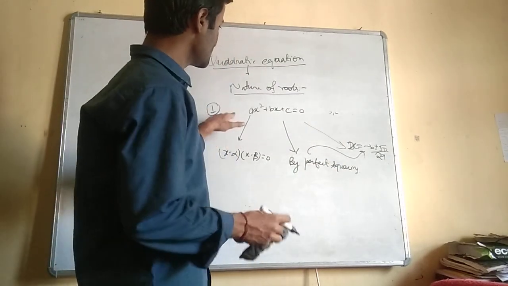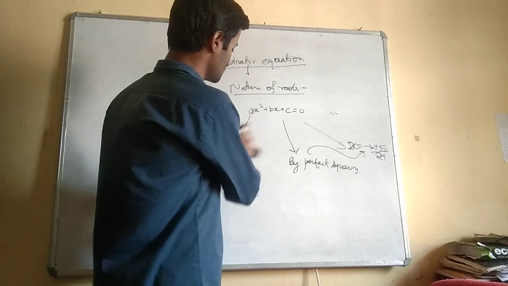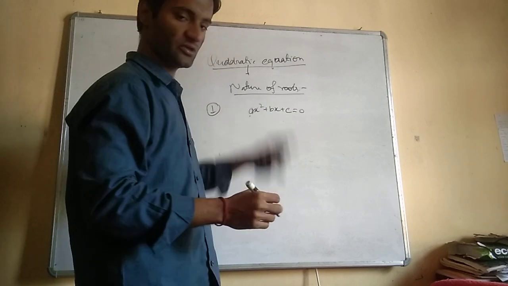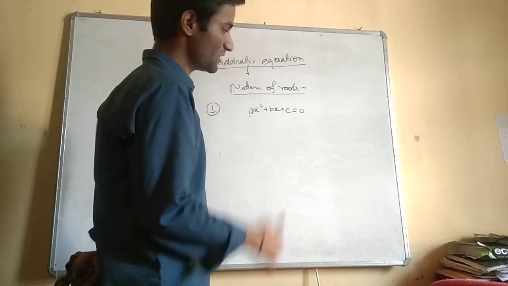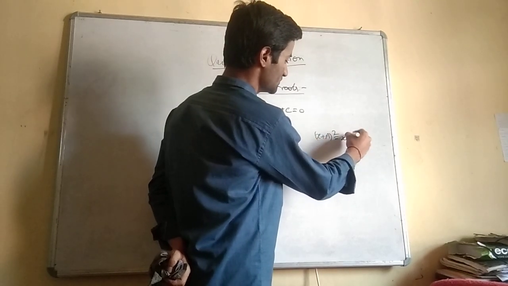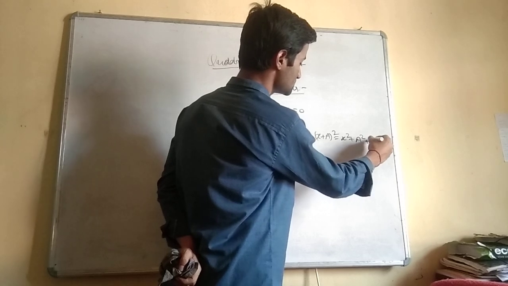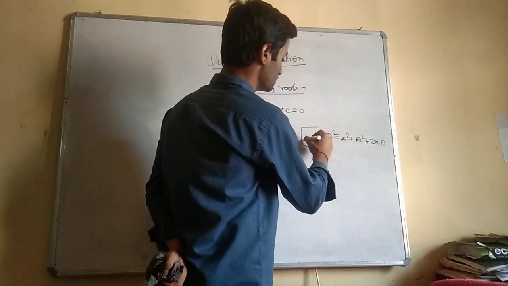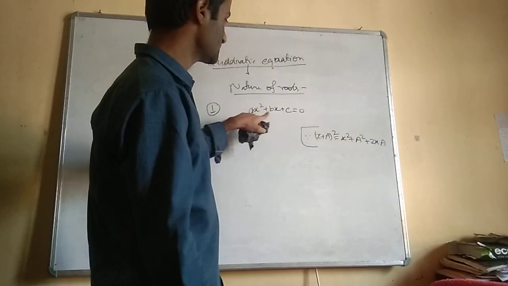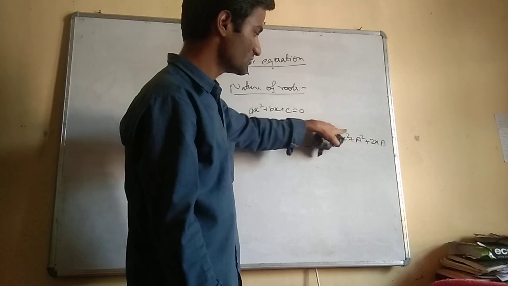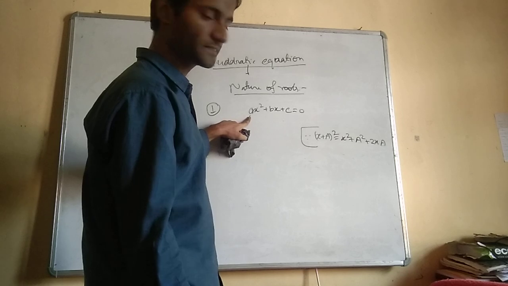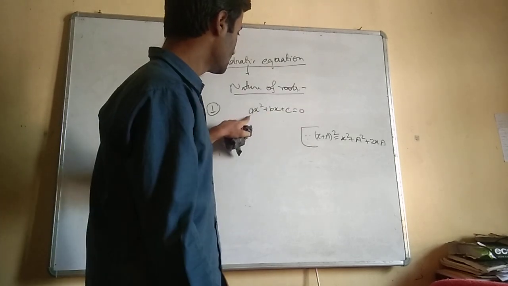So consider that this is a quadratic equation. It is given to us and we have to find out the roots of this quadratic equation. But we don't know what the roots will be. So what we will do, we know that (x plus a) square is equal to x square plus a square plus 2xa. This is a formula, and if you observe this one, you will see that it is a little bit matching with this one. But when you look at the coefficient of x square, there is nothing on this side, but on this side there is a. So we will try to divide the whole equation by a.